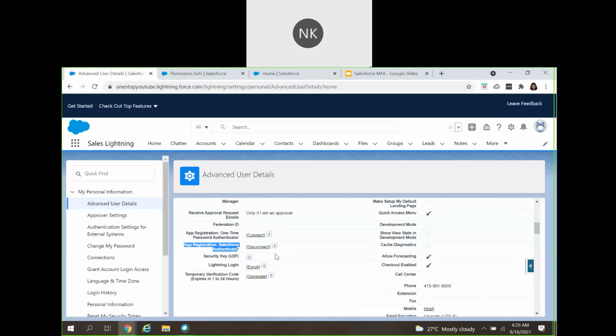In a scenario wherein the user has lost his phone, what we can do as a system admin is come to the user detail page, navigate to the Salesforce authenticator field here, and click on disconnect. When we click on disconnect, the user will be asked to re-authenticate the process again from the start.